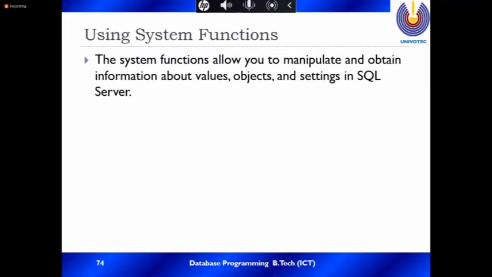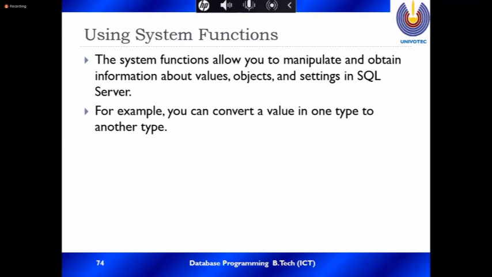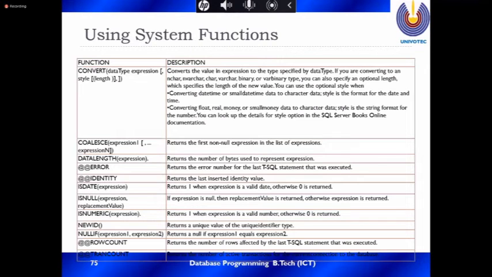Now system functions. System functions allow you to manipulate and obtain information about values, objects, and settings in SQL Server. For example, you can convert a value from one type to another type: CONVERT. DATALENGTH, @@ERROR. You already know some of these functions.